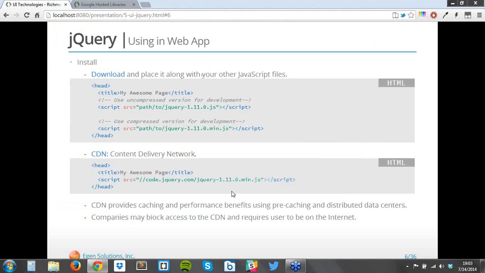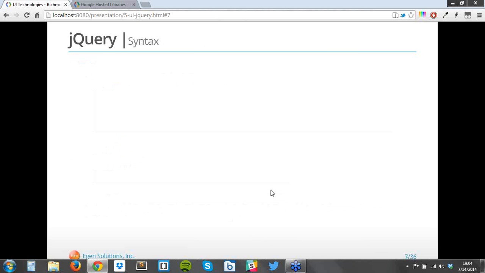So this is how you can use jQuery, at least in your web app, or at least include it in your web app, not use it. We didn't go through that one so far. The next one is the syntax. An important thing to understand about jQuery is, of course, the jQuery syntax. Now, the entire jQuery library is just these three keywords. The jQuery keyword, which will